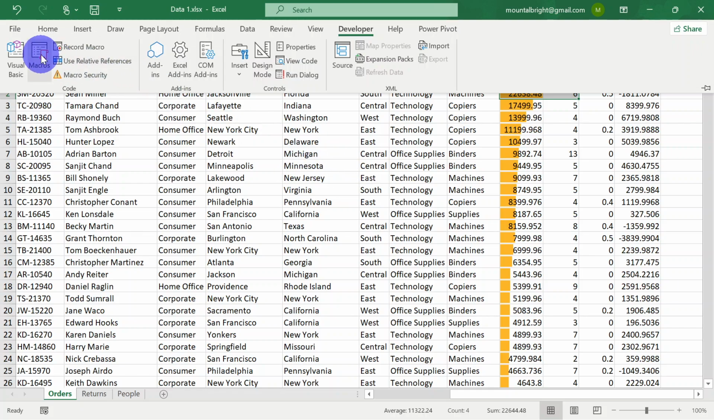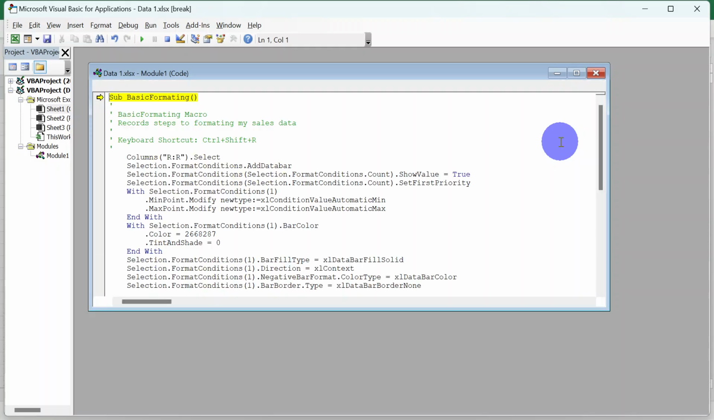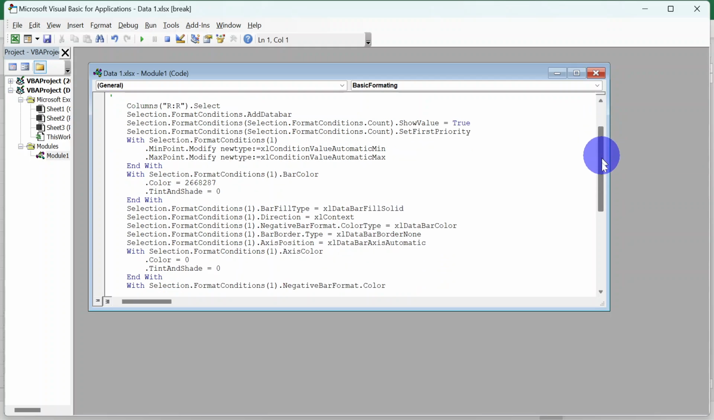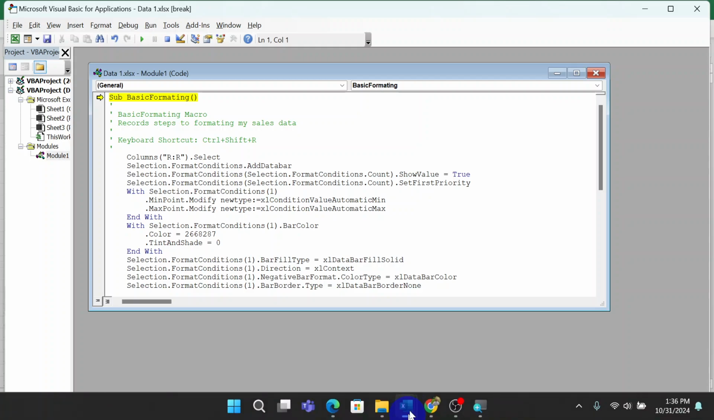Now let me go to Macros. Click on Macros. The macro we created is Basic Formatting. We have it now, right? Now let's see the code it generated. Every step we took was recorded in this code. The first thing was to